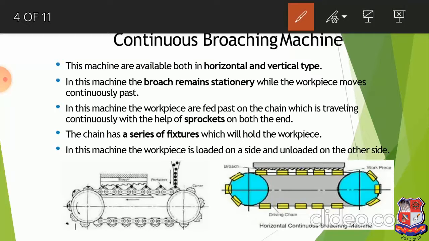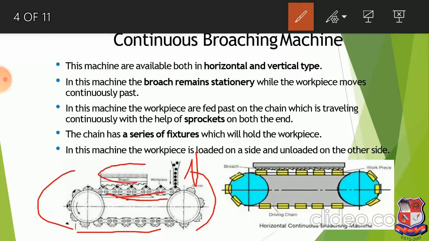Now why is it called a continuous broaching machine? Because as you can see in the figure, on this sprocket a number of workpieces are fixed on the top of the sprocket. As this wheel rotates, the chain will be moving in a certain direction, right? Because of that movement, the workpieces falling on the sprocket from this hopper will go through contact with a broach.